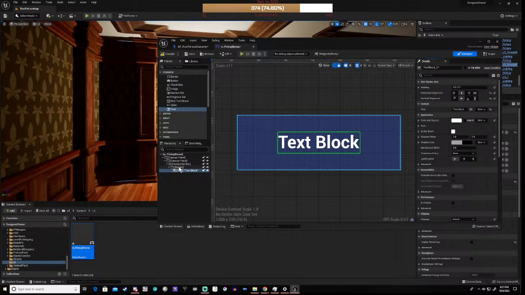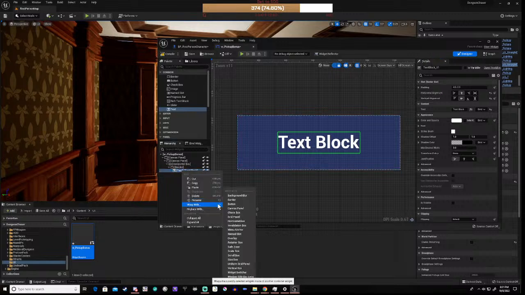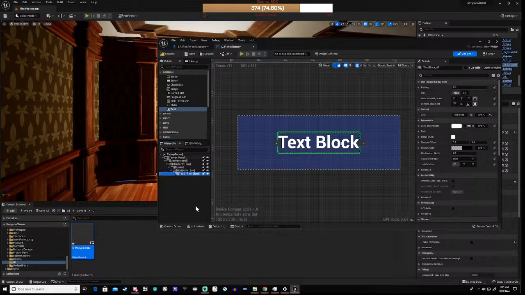And then actually what we're going to do here is we're going to wrap this with a horizontal box, and then we're going to drop an image in here,